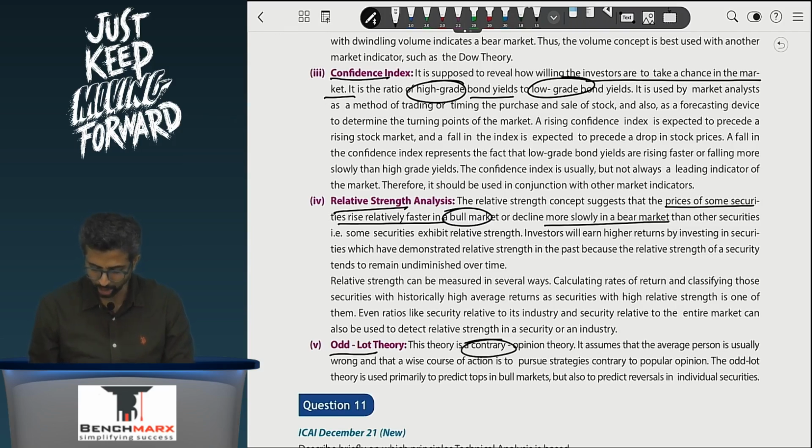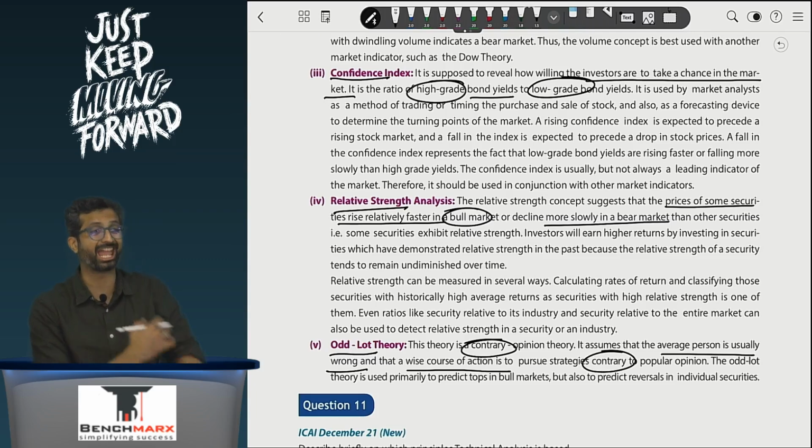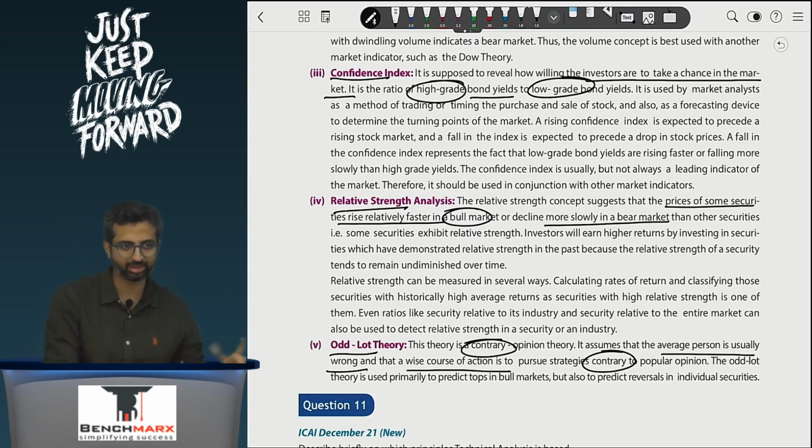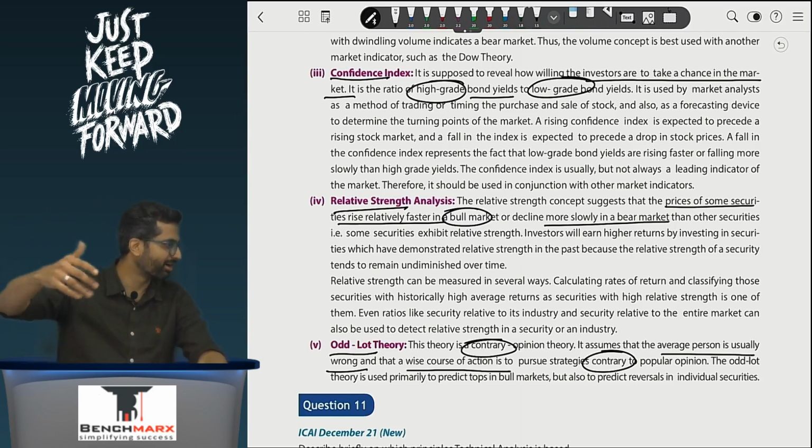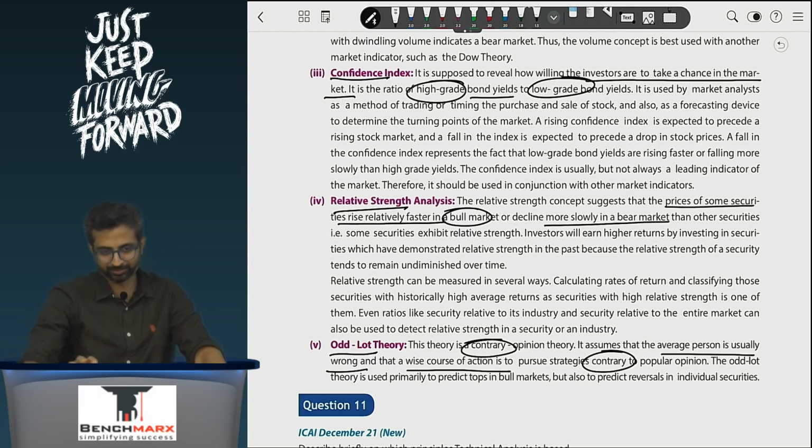This is a contrary opinion where an average person is usually wrong and the wise course of action is to pursue strategies contrary to popular opinion. This is what almost every big investor says, that the moment naive people enter the stock market, it's a little, I would say, old school, so don't take it the wrong way, gender type of notations, but in the older days people used to say the moment your housewives start entering the